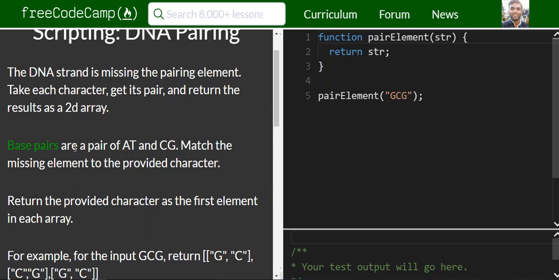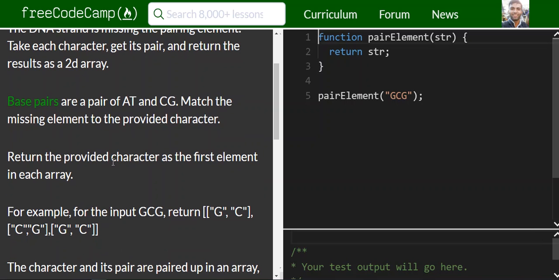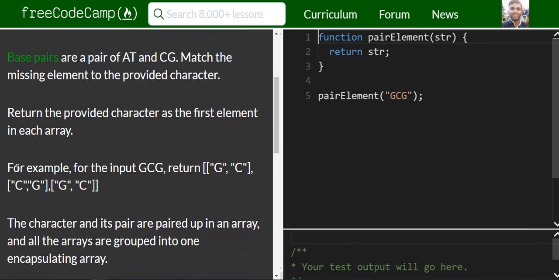Base pairs are a pair of A and T, and C and G. Match the missing element to the provided character. Return the provided character as the first element in each array. For example, for the input GCG, return